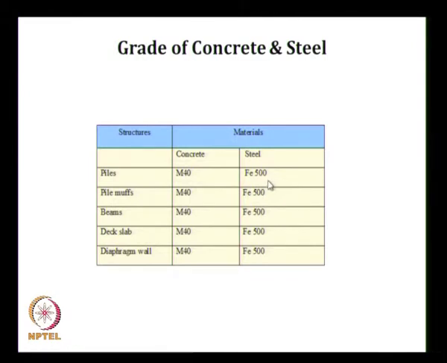So we have 3 grades of steel which are used. One is the mild steel Fe 250, another is Fe 415, and another is Fe 500. 500 means 500 megapascal, that is the yield strength of the material, but D means elongation, that is it is a ductile material, the elongation is about 14%. So in earthquake zone we need elongation of about 14%. Fe 415 only was having 14% elongation earlier, now they are making Fe 500 also with 14%. Now we have Fe 550 also, it is also being produced.